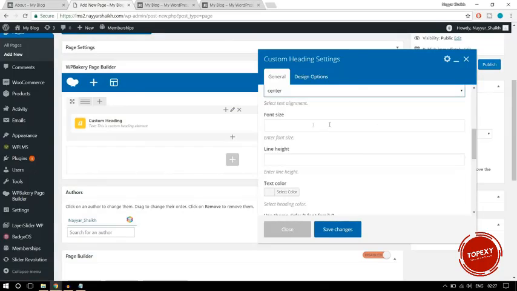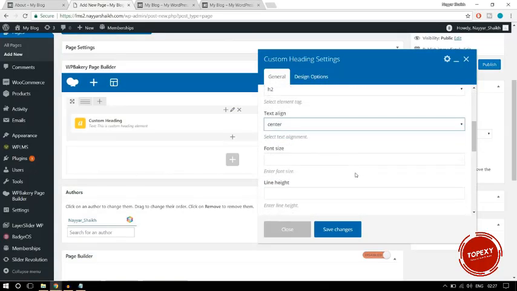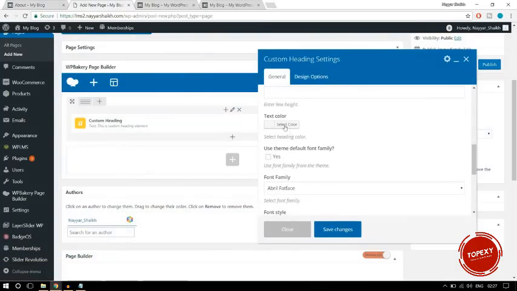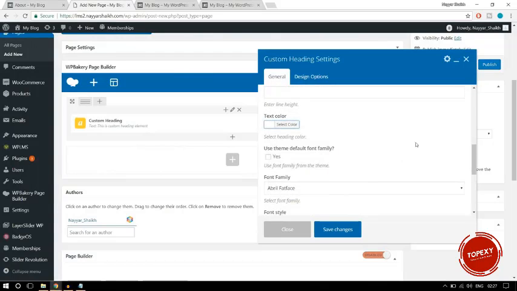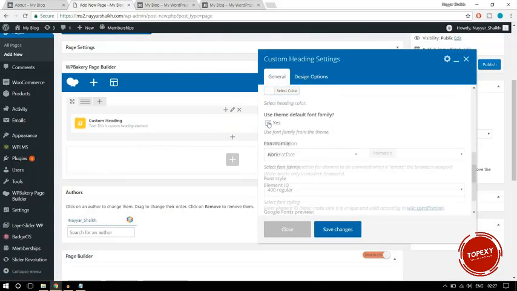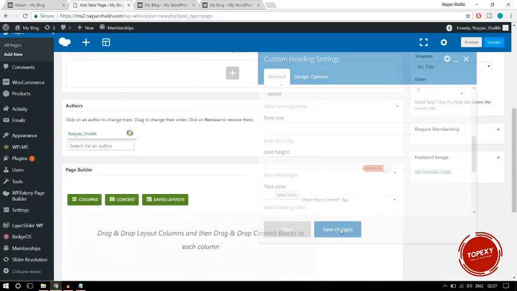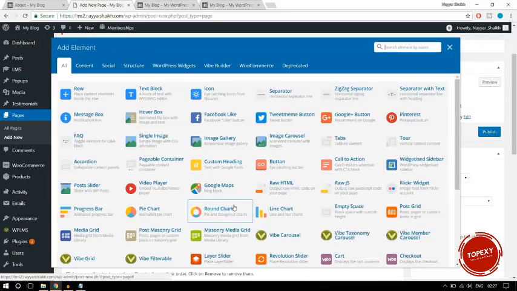Font size, I won't put anything over here because I have already selected H2. But if you want to make it smaller, bigger, you can do so. We'll do that with this text, okay? But for this, H2 is fine. And color, let's make it white. So let's select white color from here. Use theme default family. Yes, we want to do that. Now everything is looking fine. Click on save changes. Now again, click on this plus button to add a new custom heading,